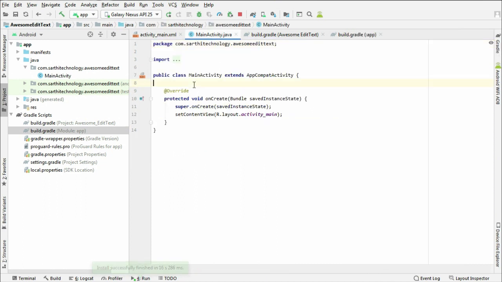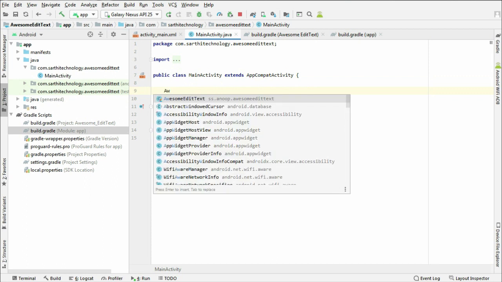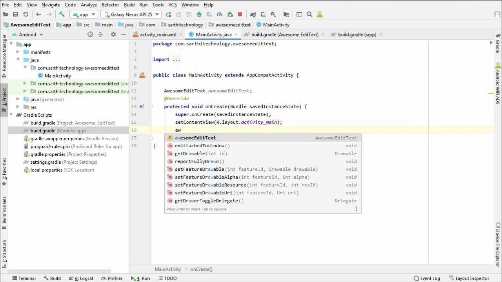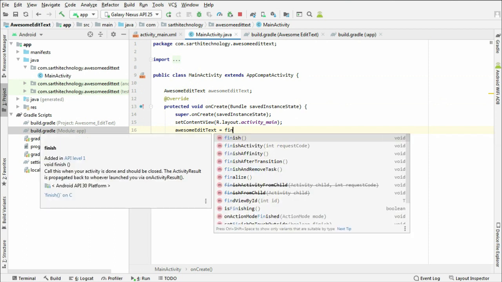So here create object, I have some edit text. Find view by ID.